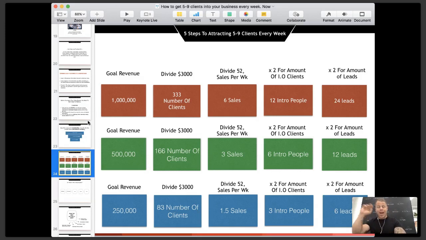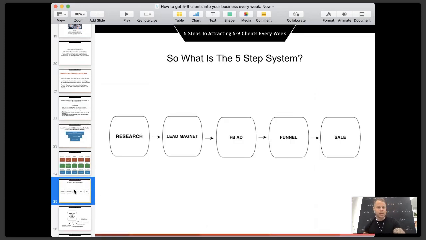And now, once you answer that, I'm going to go straight into the 5 steps to Facebook ads, because that's what we're going to learn today, giving you the exact certainty on how to get those 24 leads so you can make a $1 million business. So the 5-step system is this. First, we start with research. Super crucial. We have to understand who our market is, what they want, how they want it. We have to start our lead magnet. What is the ethical bribe they actually want?